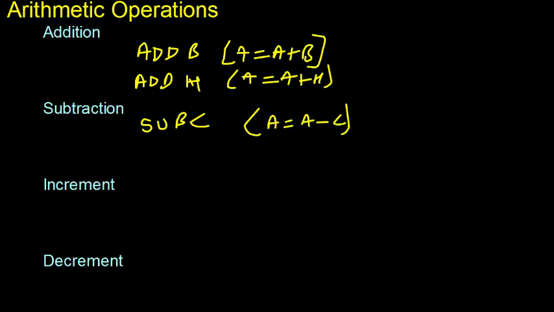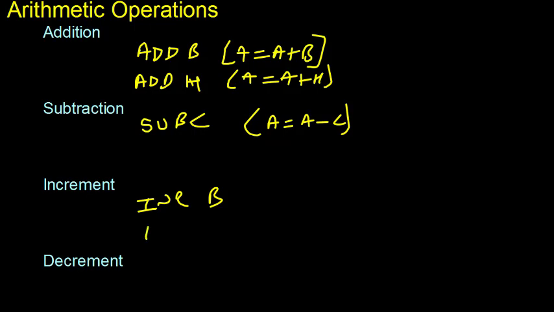So in subtraction even A is involved, so SUB C means we are subtracting the contents of C from A. So this is what we have. Similarly we can subtract the contents of any register from A, but A is always there. Similarly, increment increases the content of the given register by 1, and it can be done on any register. Like if we write INR B, it will increment the content of register B by 1. So if B is 5 and we give INR B, it becomes 6.